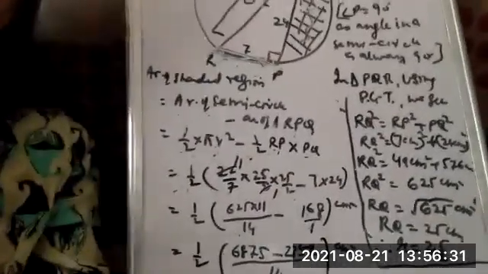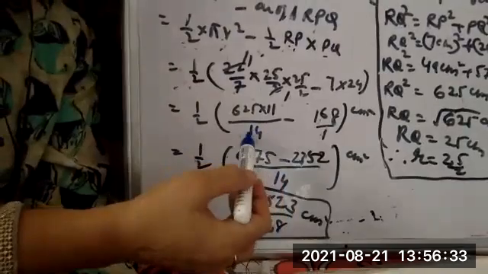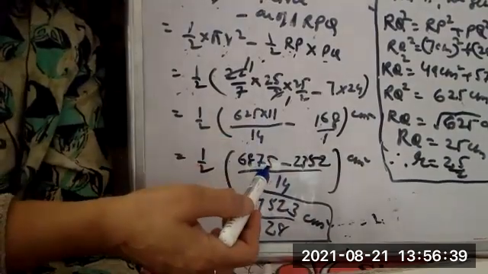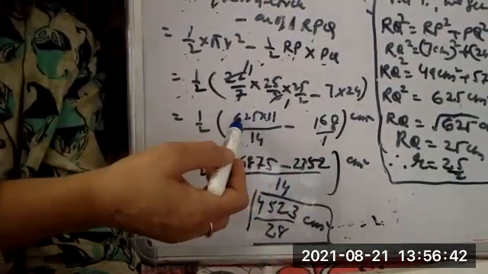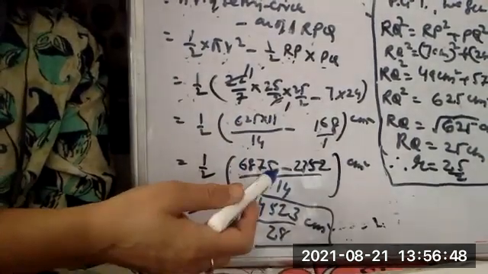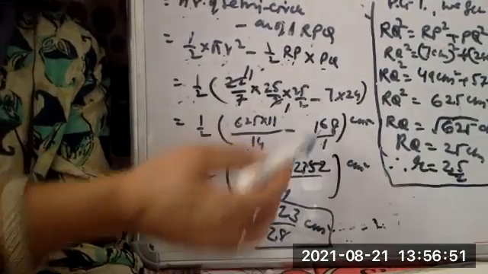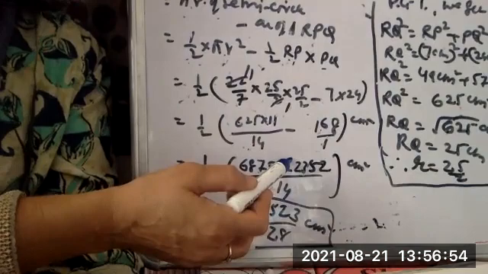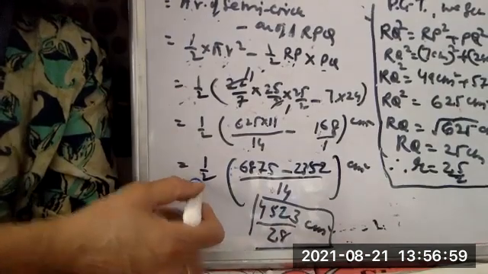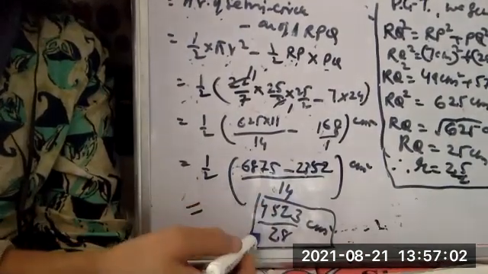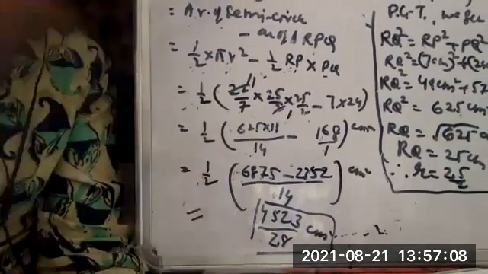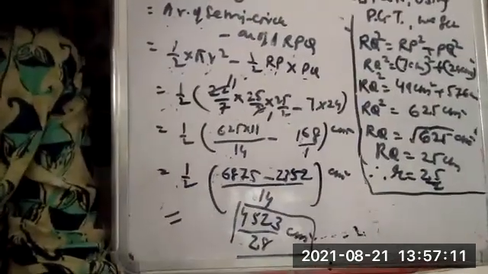How to solve this further? We will take the LCM, right? Now, on taking the LCM of 14 and 1, we get 14 as the LCM. So 14 and the numerator will be as it is here, 11 fives are 55, 5 carry, and 11 twos are 22, 22 plus 5, 27, 2 carry, 11 sixes are 66, 66 plus 2, 68. So 6875 minus 168, which is multiplied by 14, we get this. So this minus this, and here we have 14 and 1 by 2 outside the bracket. So we can multiply 14 and 2. 14 into 2 will be 28. And here the difference of this comes 4523 upon 28. Now we can solve this further into decimal. That will give you the area of the shaded region.